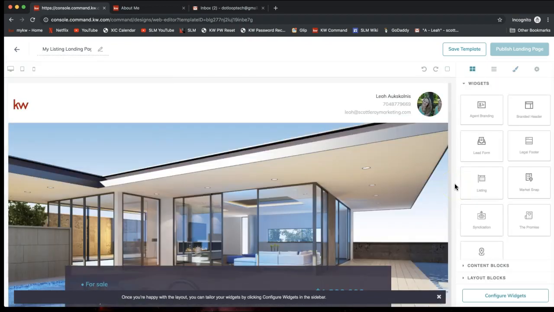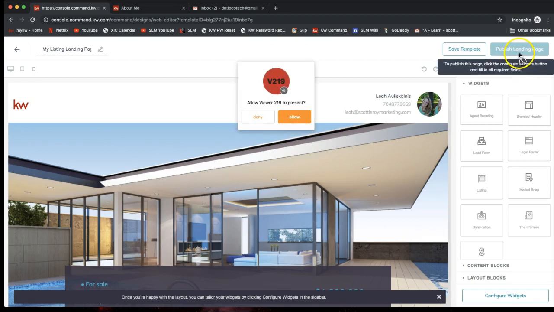So I can click on that to go back in it right away, and now we're going to configure it. So we're going to customize it for your listing specifically. All right, so we now have that open. Now you'll notice on the top right,